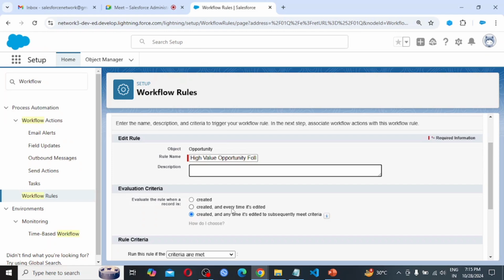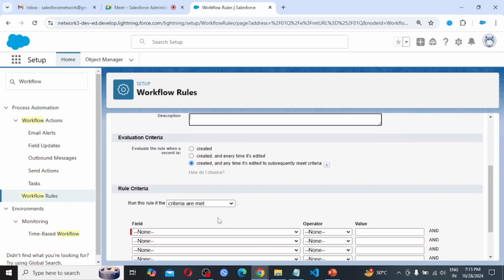And the third one is going to work for the created, means a newly created record, and anytime it's edited to subsequently meet the criteria, means whenever we are editing this particular record, and if for the first time it is not meeting but for the next time it is meeting, so it is going to execute this evaluation criteria. So we are going with this one.